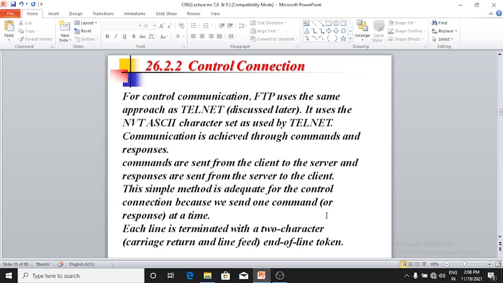Commands are sent from the client to the server, and responses are sent from the server to the client. This simple method is adequate for the control connection because we send one command or response at a time. Each line is terminated with two characters, carriage return and line feed. One end of line is taken.